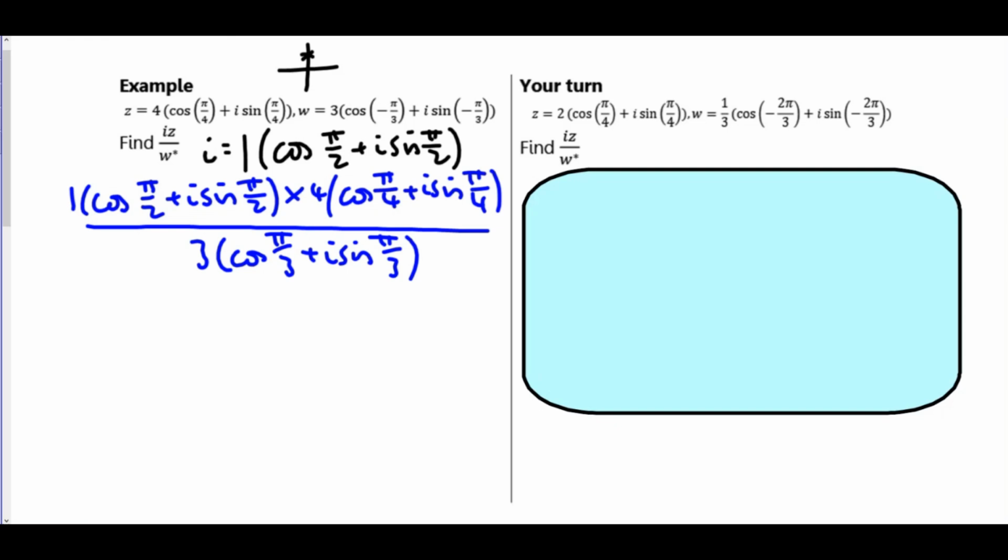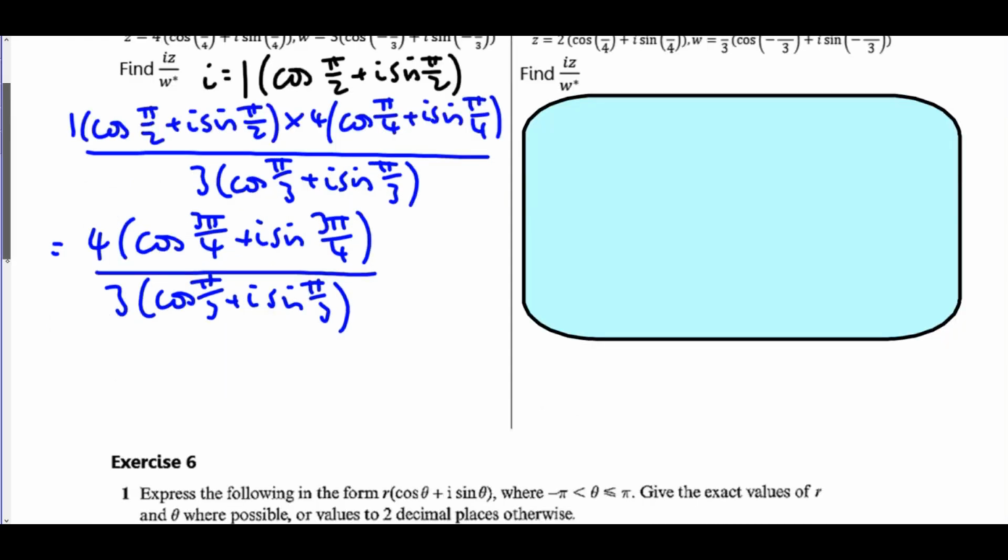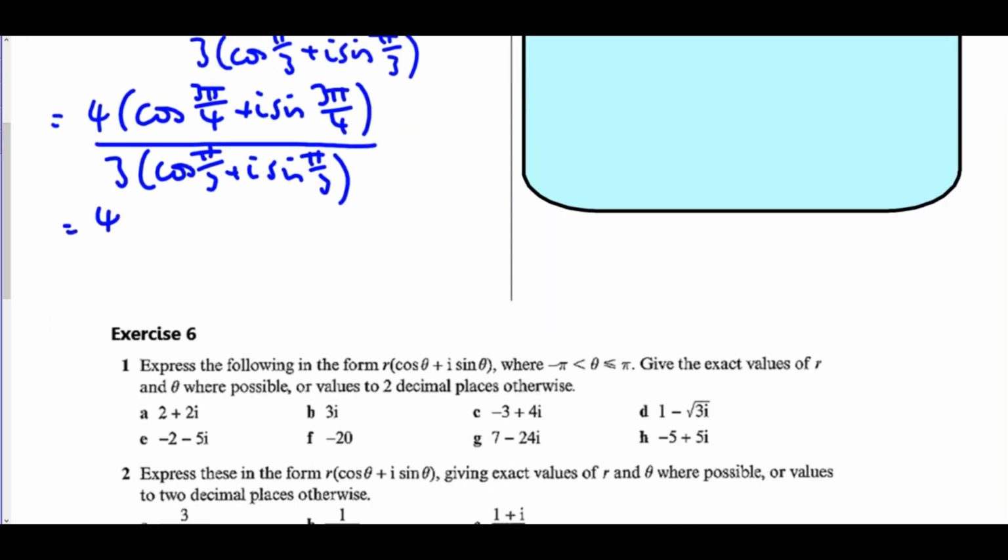I'm going to deal with these a pair at a time. So deal with the top of this fraction first. So we're going to multiply the moduli together to get 4. And we're going to add their arguments together to give me 3 pi over 4 plus i sine 3 pi over 4. That's still over 3 cos pi over 3 plus i sine pi over 3. And then we're going to divide their moduli to get 4/3, and we're going to subtract their arguments